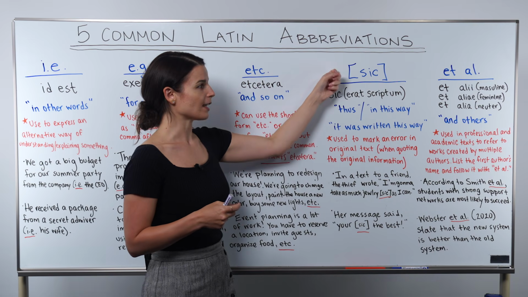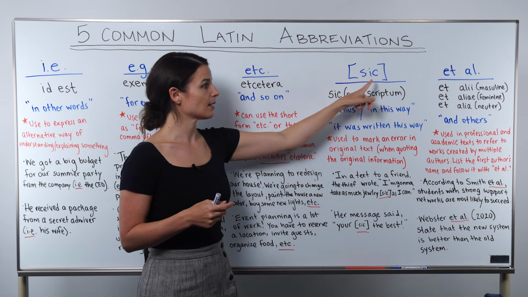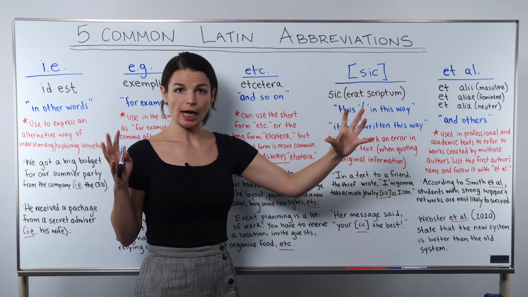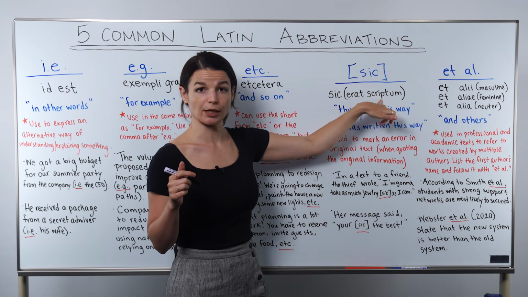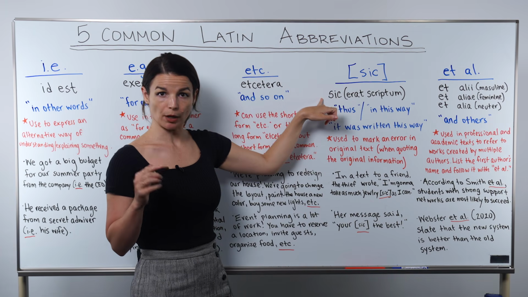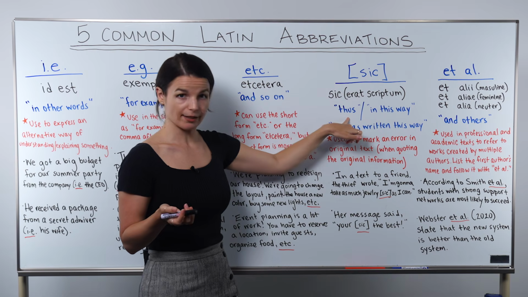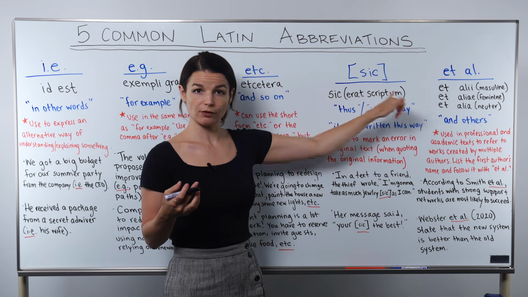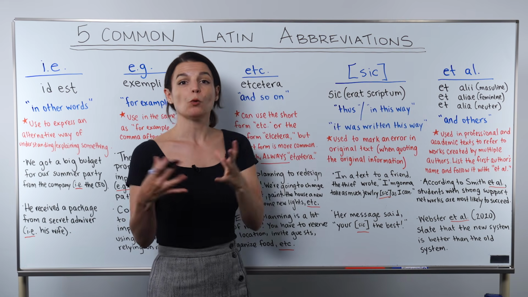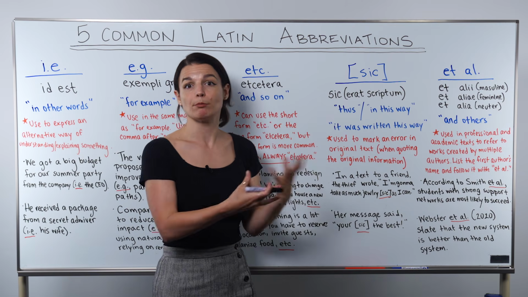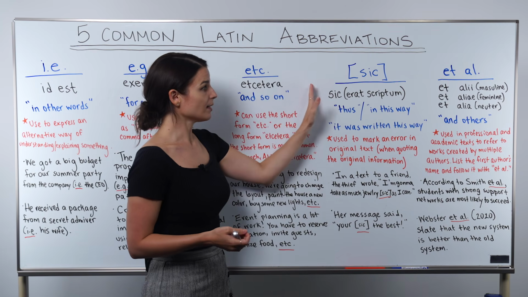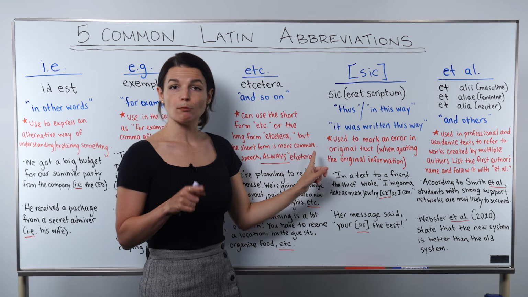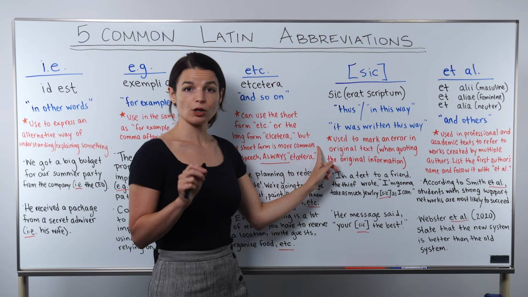The first usually is the one that we see most common. It's just this word, S-I-C, in brackets. But this is part of a longer Latin expression. So "sic erat scriptum." What does this mean? So the "sic" part, S-I-C, is just "thus" or "in this way" in Latin. But this full Latin phrase means "it was written this way," or "it had been written in this way." So this expression and the short version, "sic," is used today to mark an error in original text